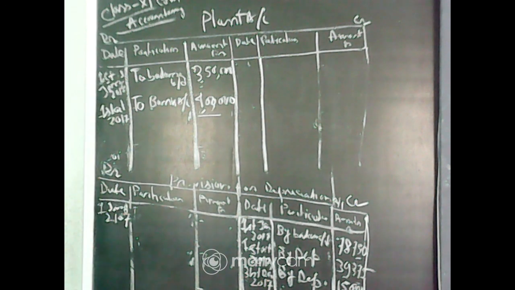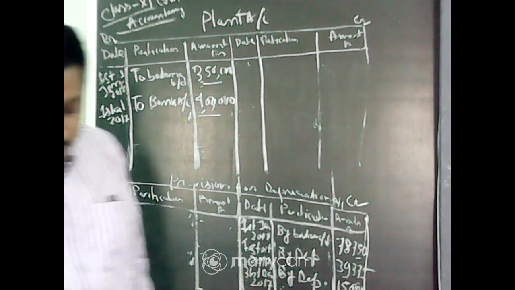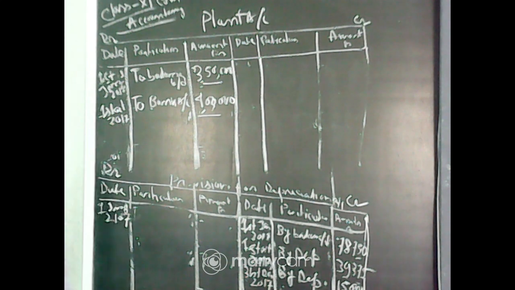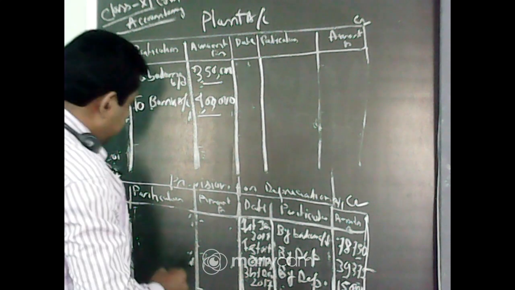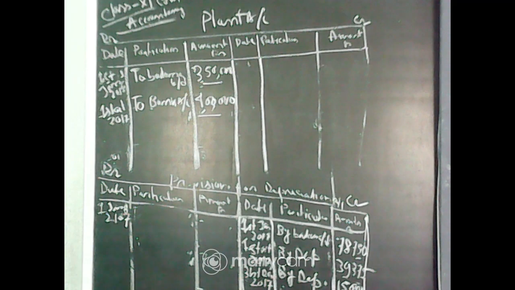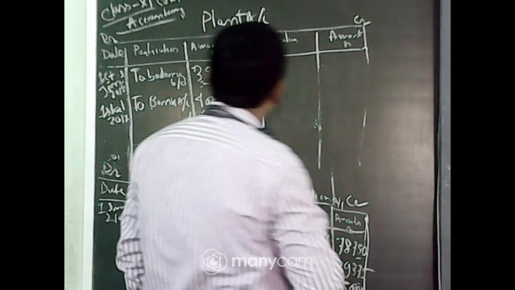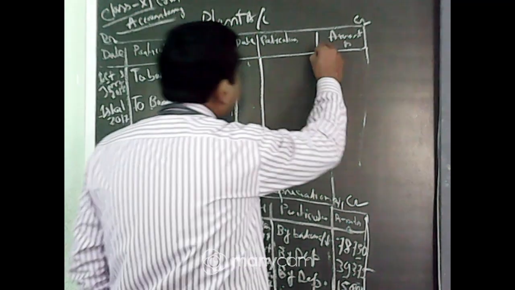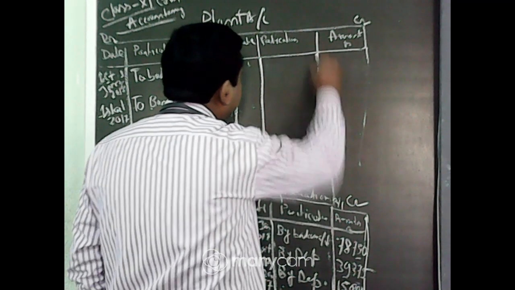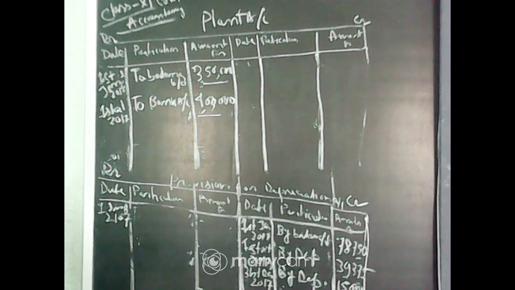Now you go again to the machine we actually sold for 3,50,000 in the year 2017, on October 1. Now when you are selling the machine, you have to transfer this depreciation of 3,50,000 to plant account. Why? Because otherwise you do not know what is the value of the machinery. So we have to transfer the depreciation to plant account.